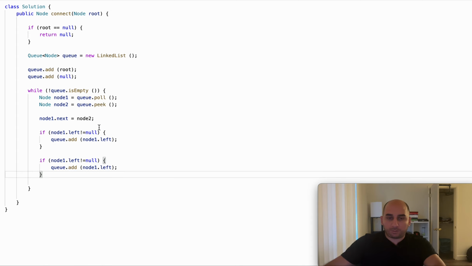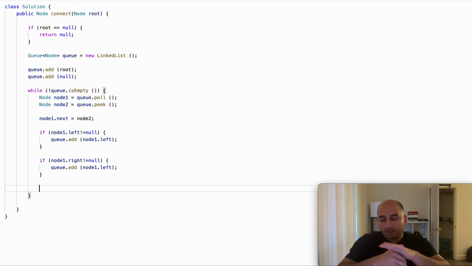Exactly the same we are gonna do for the right. So what should we do after that? Let's say that we are on the first layer. We take the first node. So here we added root and we added null. So what's gonna happen? The first one will point to the null, and we also added two new